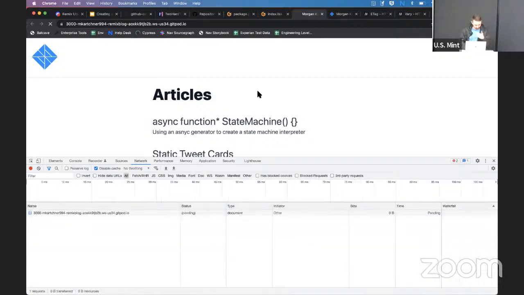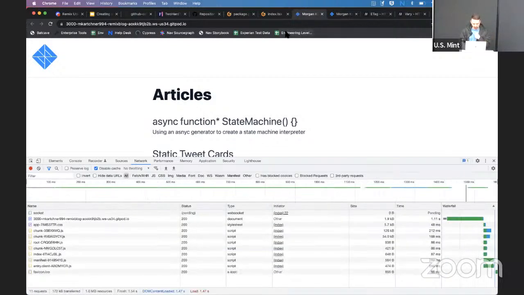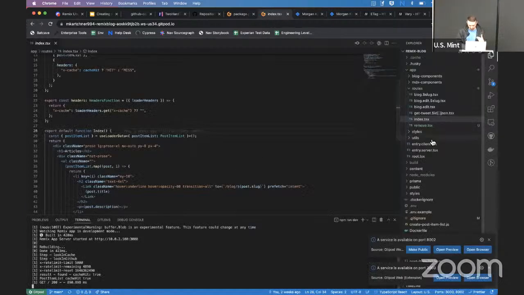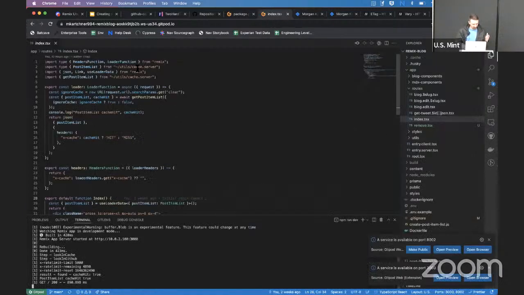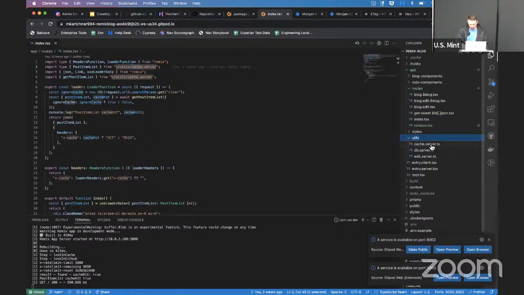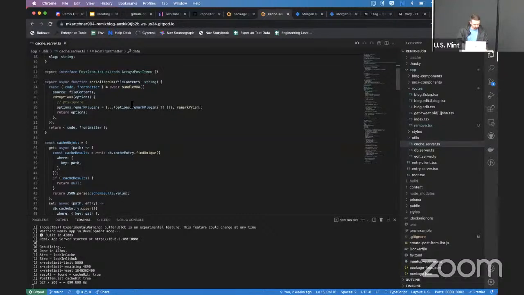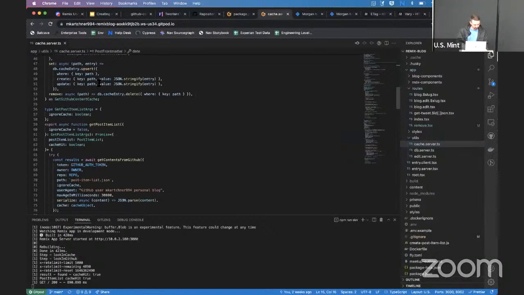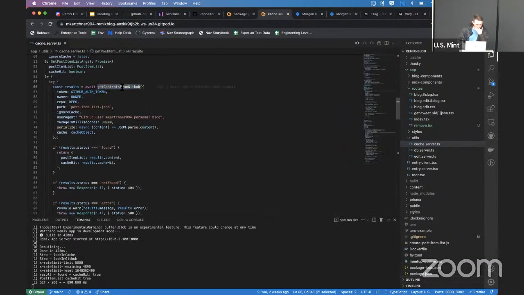The way that it does that is I've created a cache utility file that uses a get contents from GitHub library, does a request to the post item list JSON, and pulls back that data, and then I can use that in the component here.